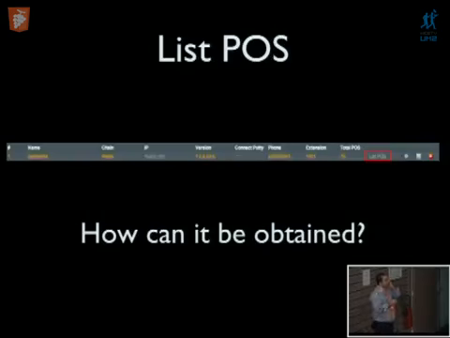Like you see in the list of servers, every server has a link to list all the points of sale of that server. When I click here, it has to show the information of all the points of sale: what is the IP, address, version, everything. So how can it be obtained? We don't have access to the database of the server. We don't have access to the POS either. How can we retrieve that?